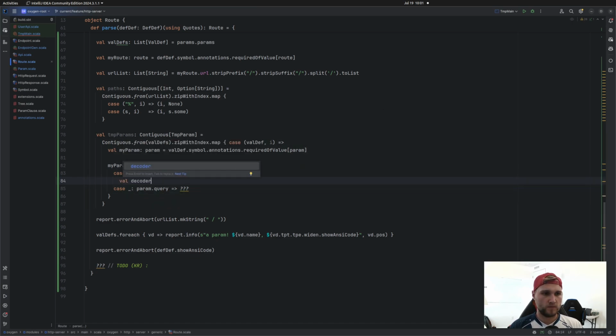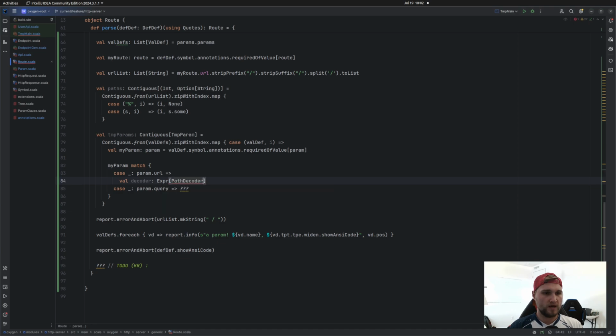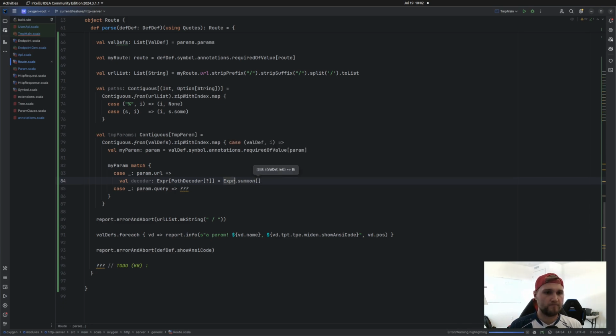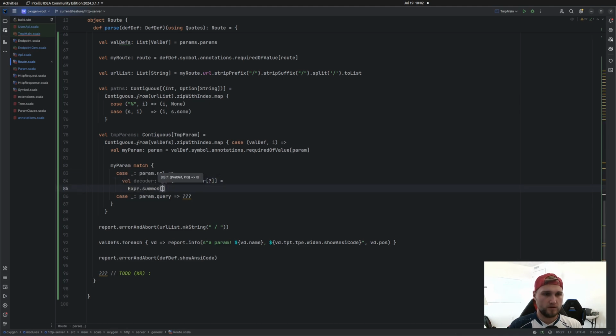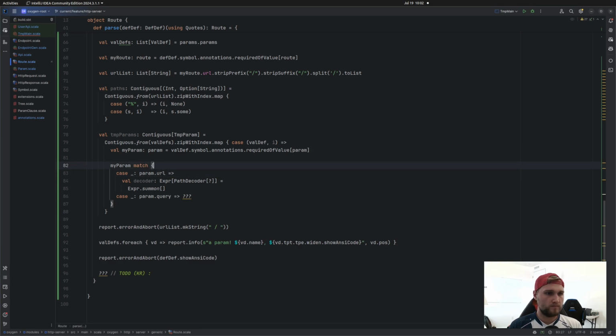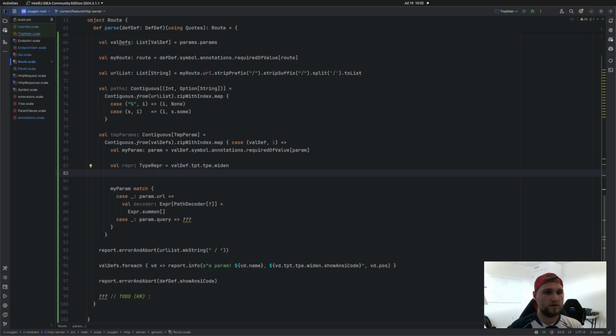So expr of path decoder here equals. All right, expr.summon. Okay, so we are going to need to have a type. So the type repr of our valdef is going to be like that. So here we have the type repr, and then we can do